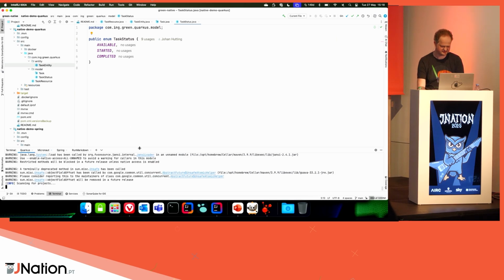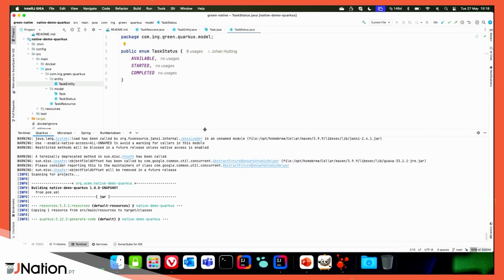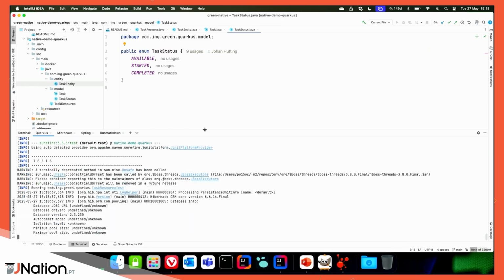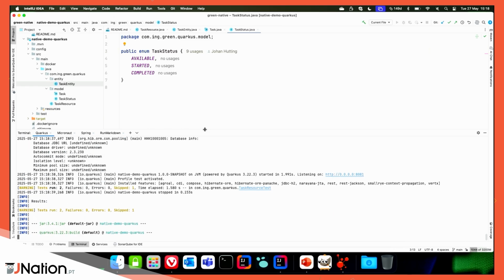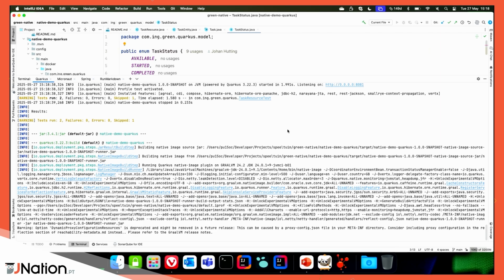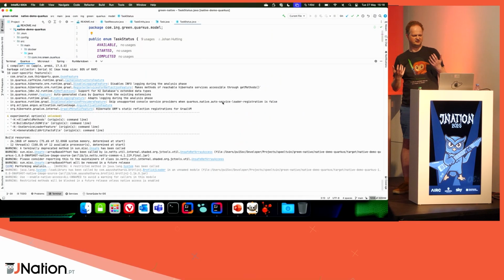So what this does is that instead of running things in a JVM, it will compile the jar, but then afterwards it will also start checking out which elements are used or not used. So I will try to make it a bit bigger, but ignore all the little details, because that's the preparation of the build. You can see here it will start building now. So it's using GraalVM to build natively, and typically this application will build in like a couple of seconds, but